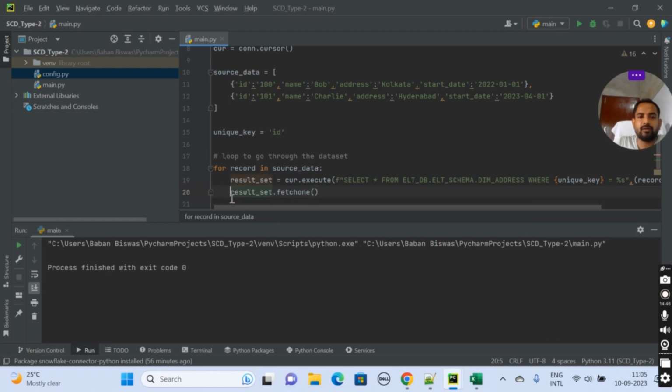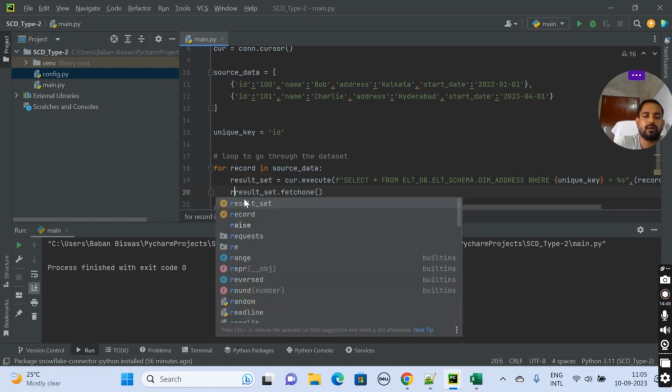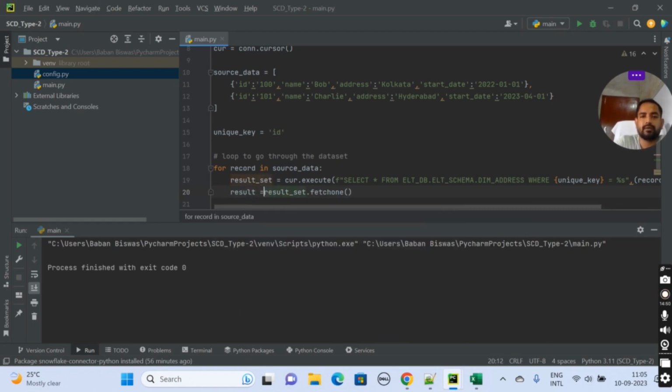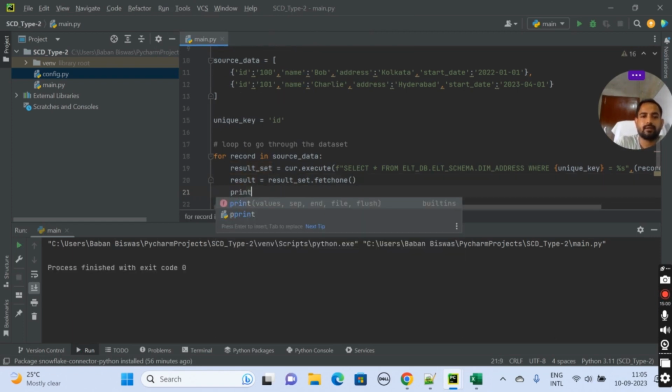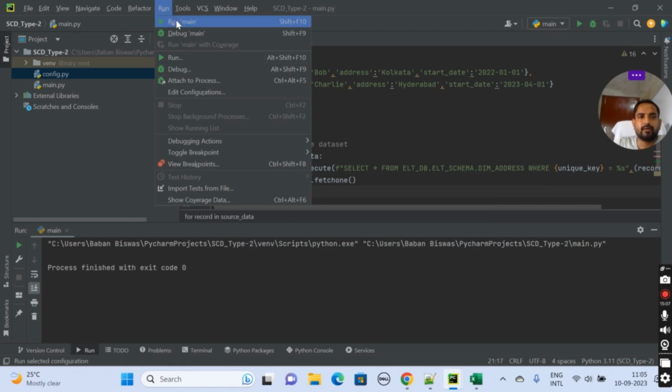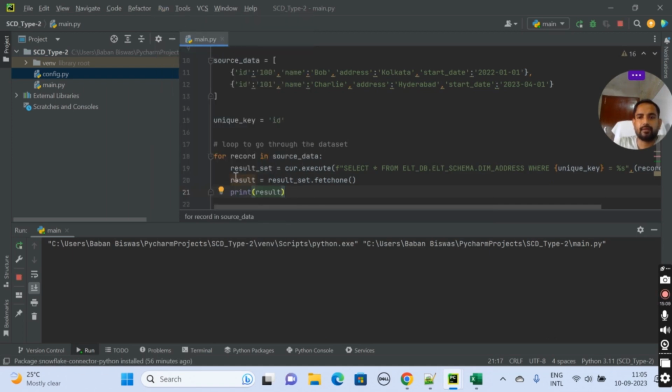That will go under another variable, result. Now let's run it to see if we are getting the correct output. Let's print this result. What are we getting? None, that means we are not getting anything.